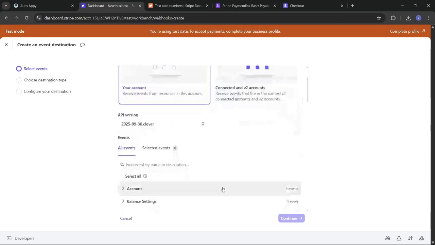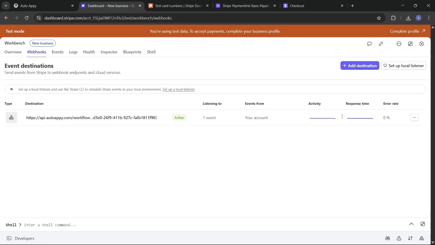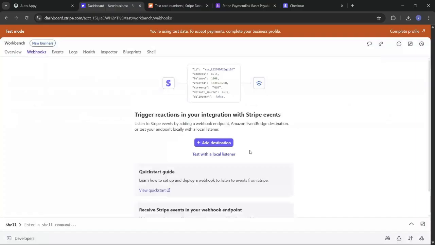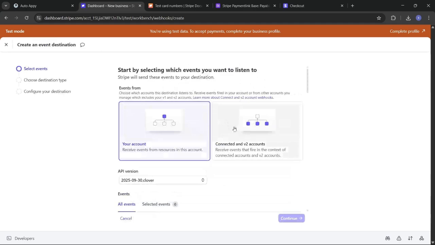Firstly, we have to delete any existing webhook that is already there. Let's delete this first for smooth automations. Just delete this. Okay, so this is the initial interface which will open when you want to add a webhook. Let's go to add a destination, and here you have to select